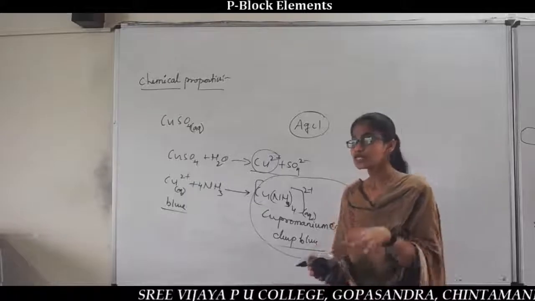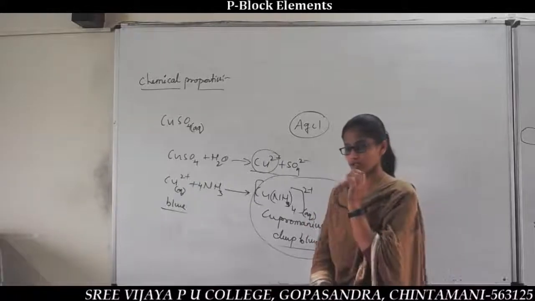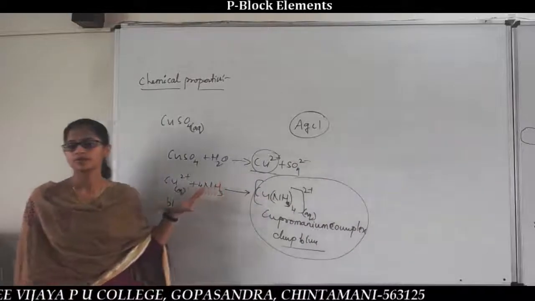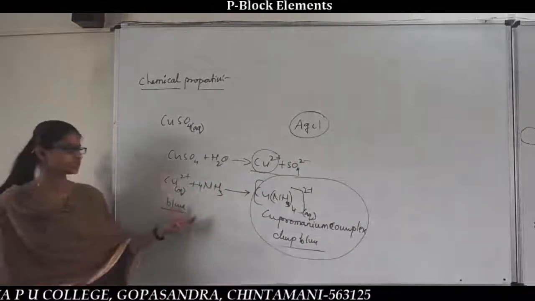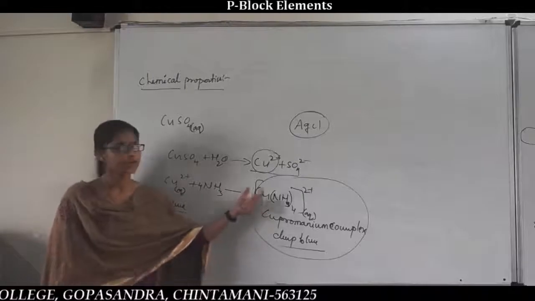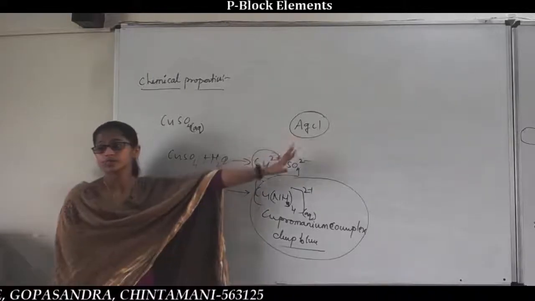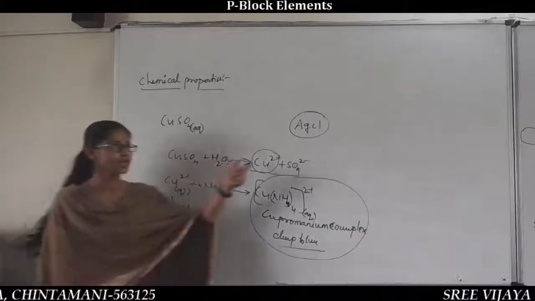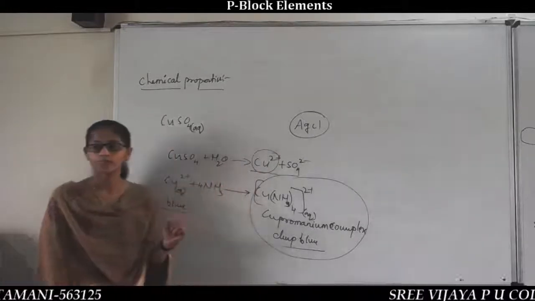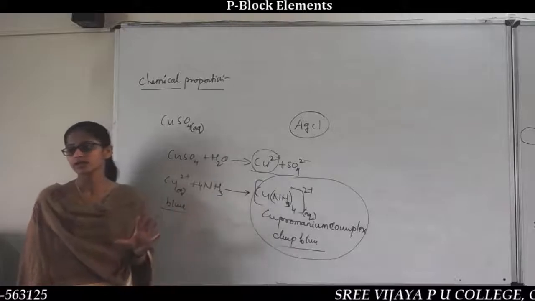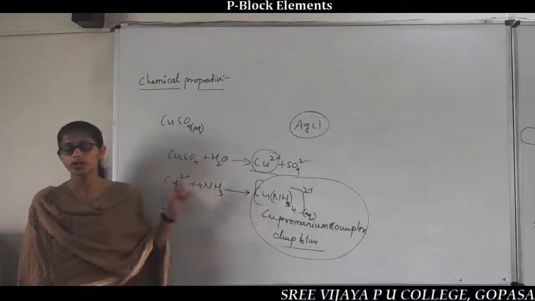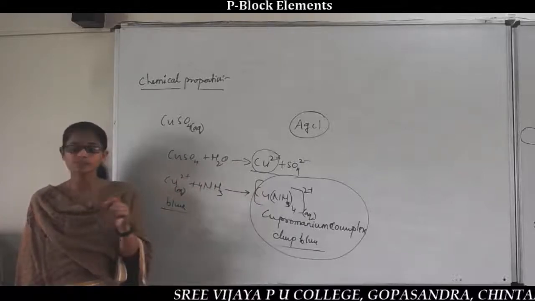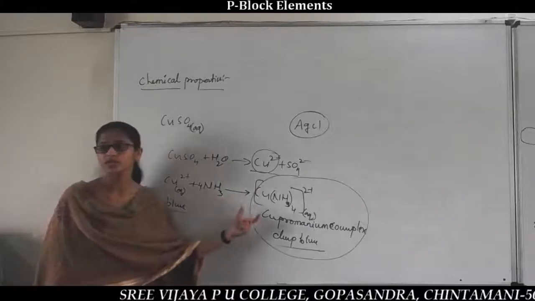So what is the indication of these reactions? These two reactions indicate the presence of copper ions, and AgCl indicates the presence of Ag ions. The detection of copper ions and Ag ions, taken as different metal ions, in the presence of ammonia is very, very important. It is also one of the methods we use for the detection of different metal ions present in the salt and solution by using ammonia.